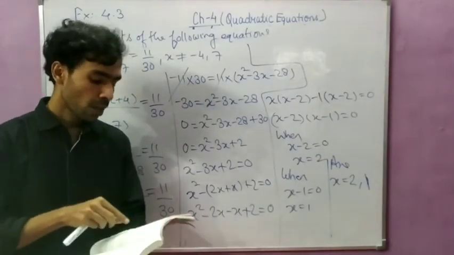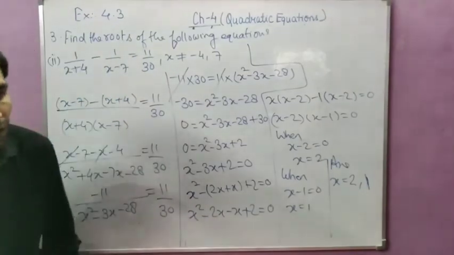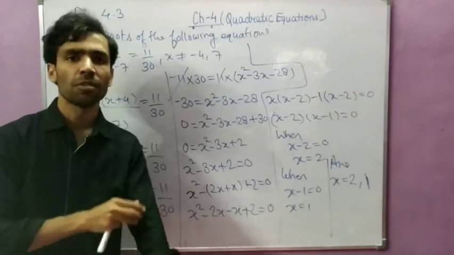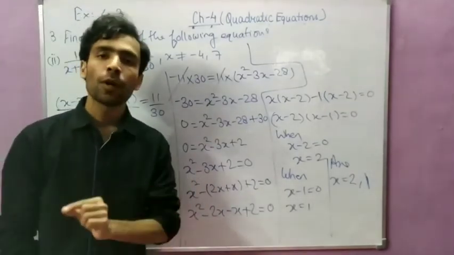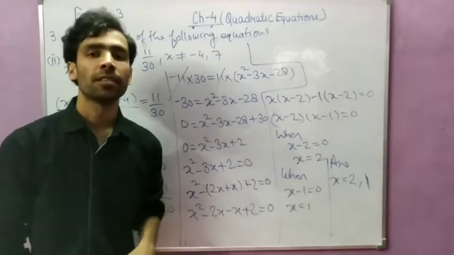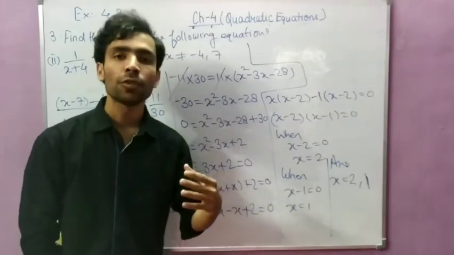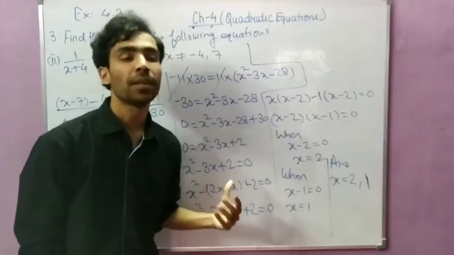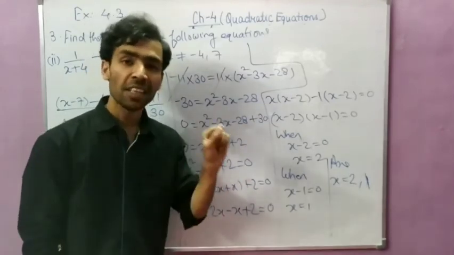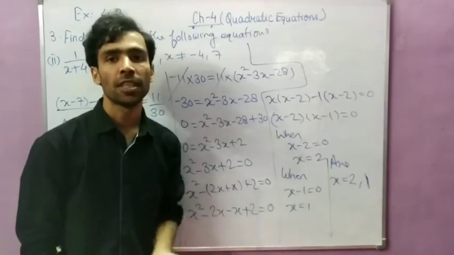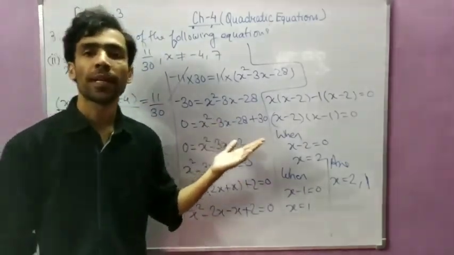Okay, so 3 questions I have discussed, 8 questions are left, and out of 8 questions I will tell maximum 2 or 3. Okay, so read the word problems carefully, solve them, you will get the answer. Okay, don't panic. I have seen that many students are very afraid of word problems, but it is very easy. Just focus on the sentences, read the sentence properly and make the equation. Just that is all. Okay, and after that when the equation is formed, then you can solve by any method.